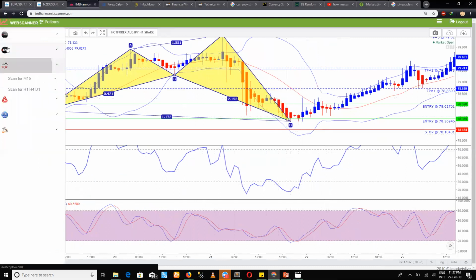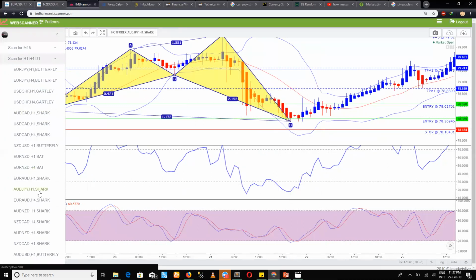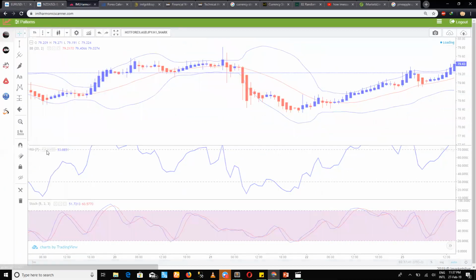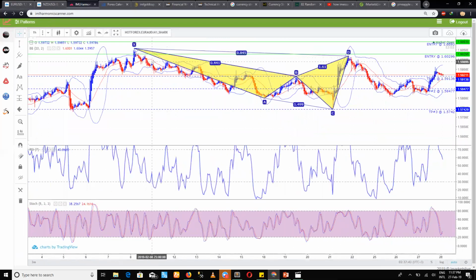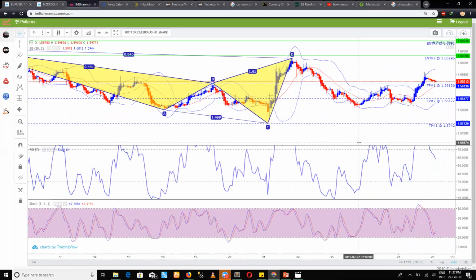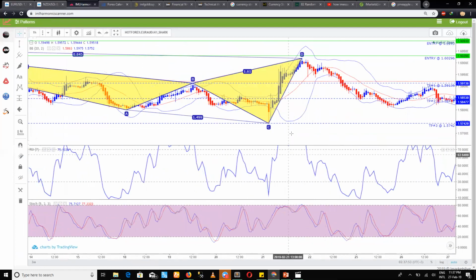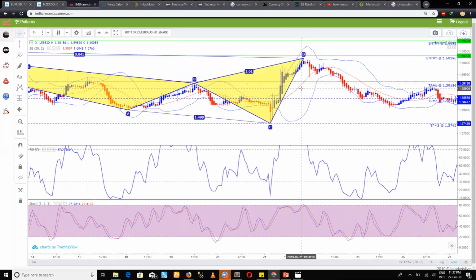Yeah, let's see if we can find others. Any more trades for us? Let's just go through the previous ones that went into profit and see how they played out. Euro AD. Okay, so this was a sell. Guys, can we all see this? At the point D, check this out. At the point D, boom, we had a